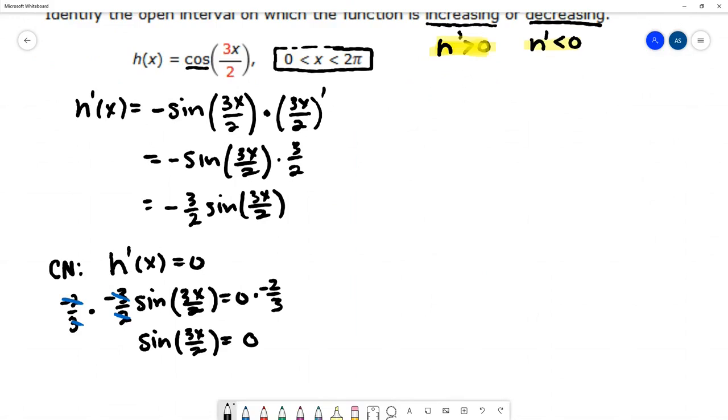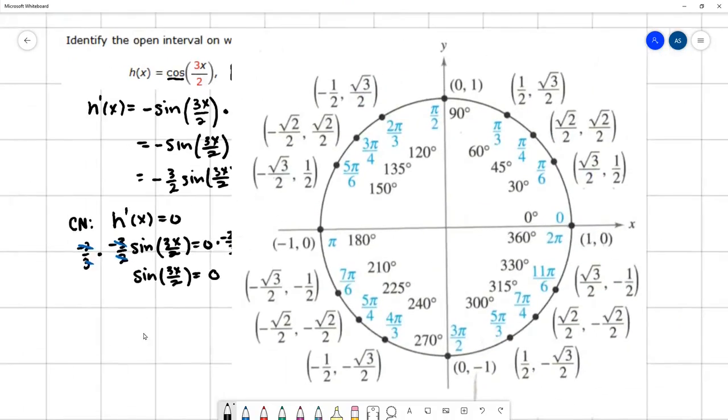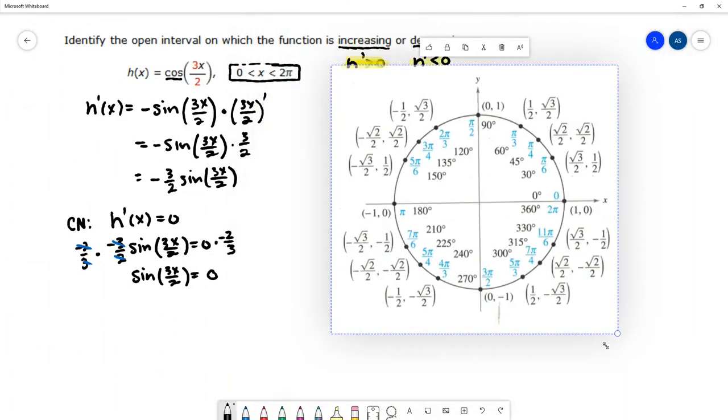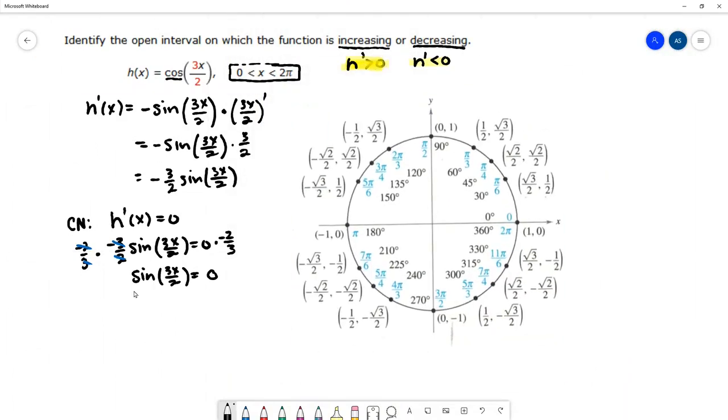Now to solve this trig equation, we're going to use the unit circle. I have a copy of the unit circle right here. Let's get it on the whiteboard. And sine on the unit circle is the y coordinate. So we're looking for when the y coordinate is equal to 0. So we can see we have an ordered pair 1, 0, negative 1, 0. So our angles of 0, 2 pi, and pi are all angles where sine of that angle is equal to